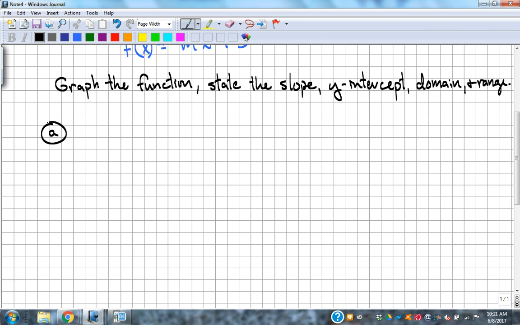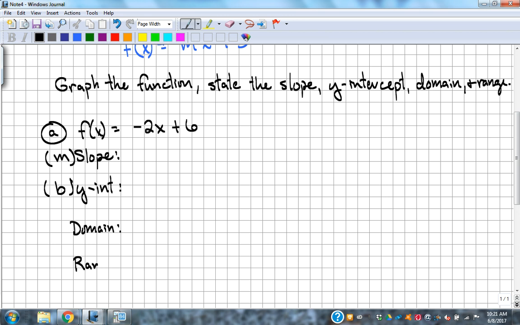So the first example we're going to look at is a fairly simple equation. F of x is equal to negative 2x plus 6. Okay. And we want to identify the slope, and I'll abbreviate that M. And then the y-intercept, and I'll abbreviate it y-int. Remember, that's the B part of the problem. And then we're going to do the domain